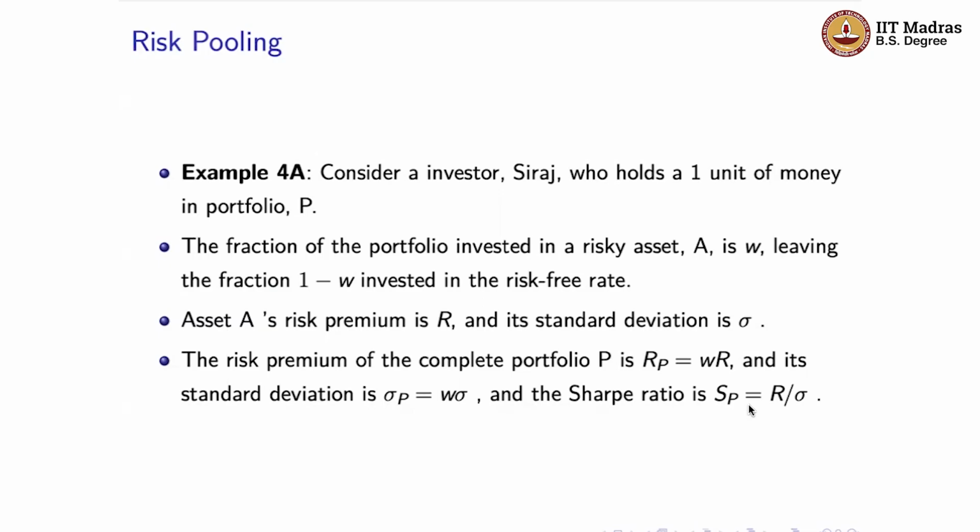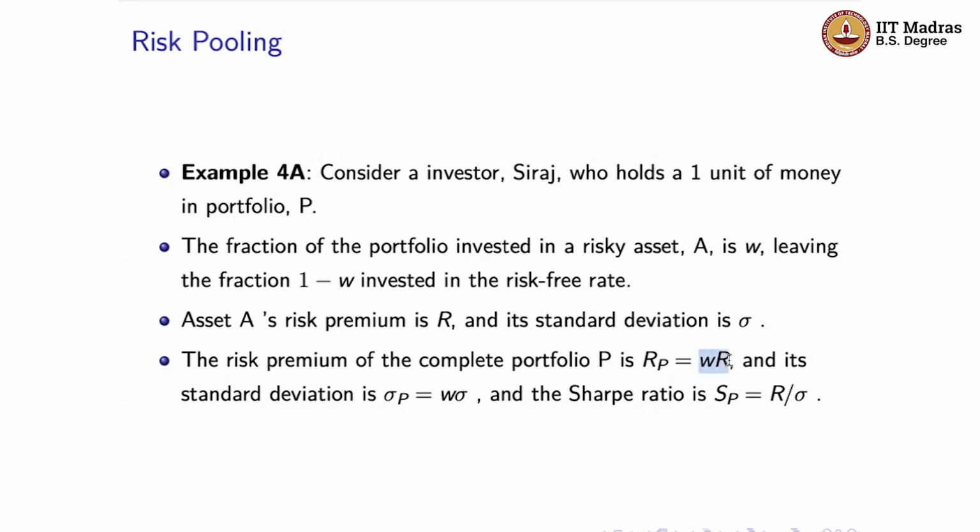Now, what do we know about asset A? So asset A's risk premium is R and its standard deviation is sigma. So based on this, we can calculate the risk premium of the entire portfolio P. Remember, risk premium is the difference between the expected return minus the risk-free rate. So then based on this, we can calculate that the risk premium of the entire portfolio is going to be